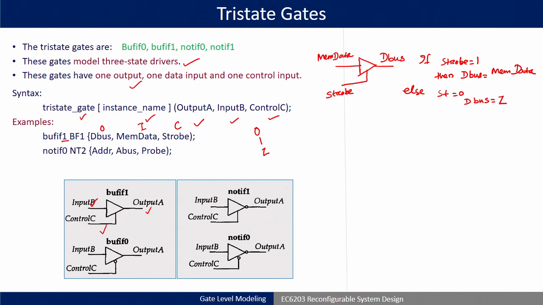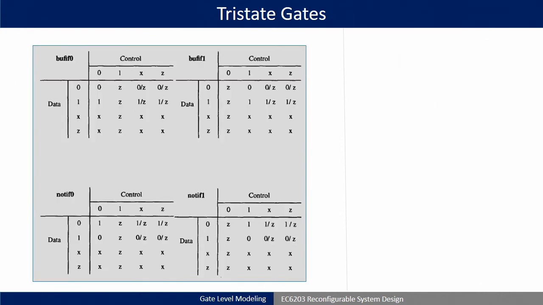Accordingly, in this case it should be 1 to pass the data. Here it will be 1 to pass the data, but the inverted data for not. Okay. Here it should be 0 to pass the data, and here it should be 0 to pass the inverted data. Okay. In the opposite case, you have to remember that the state will go to the other state called high impedance. Okay. So, this is the truth table for this. Here, data is there, and we have also taken the control unit. Okay.